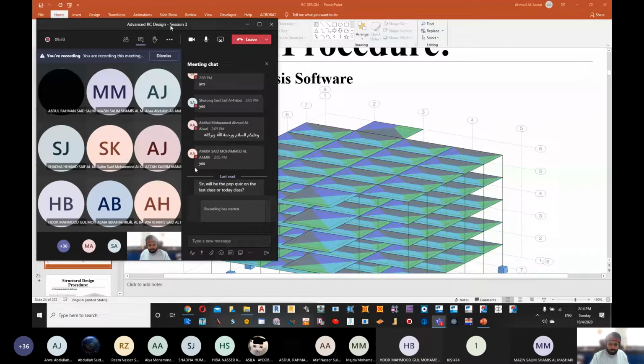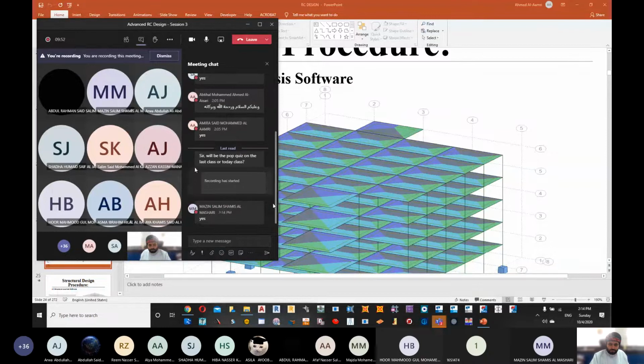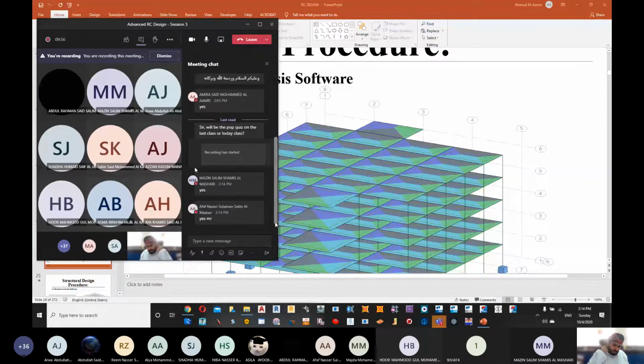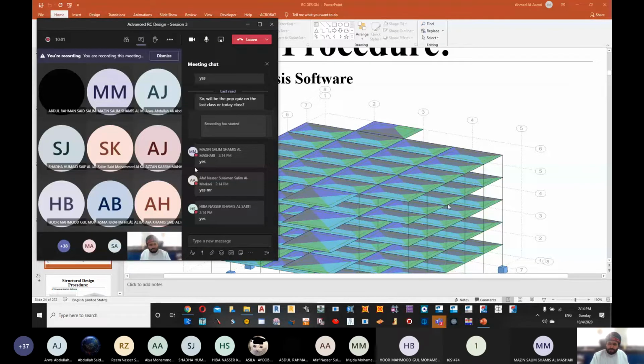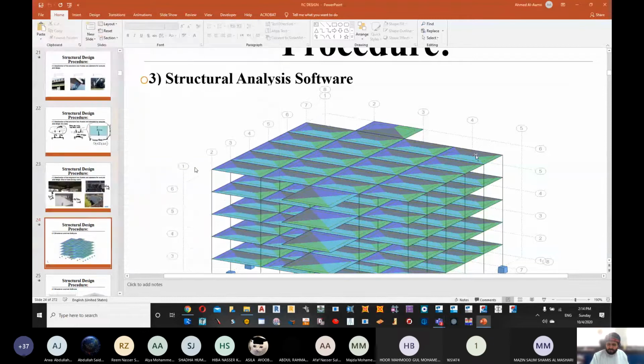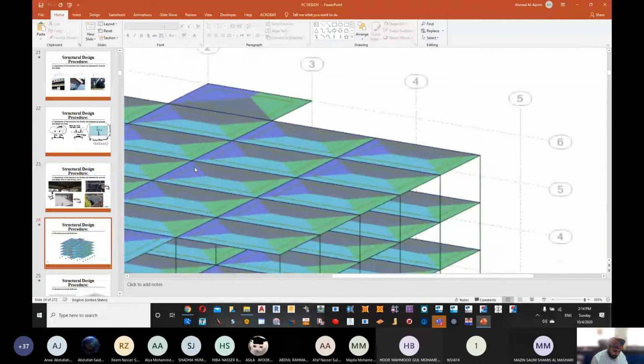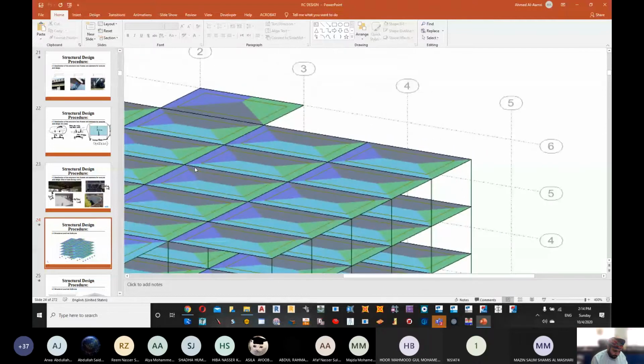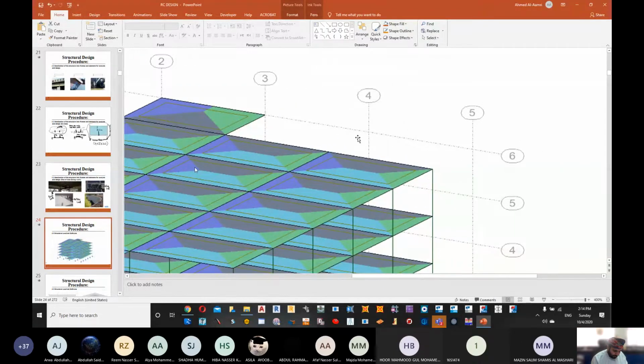Yield line. So you should be understanding the reason that we have different cases, like here for this particular slab. If we go and see this particular slab, for example,